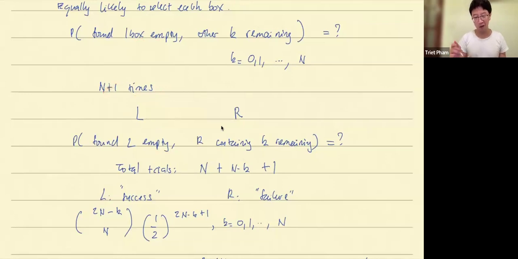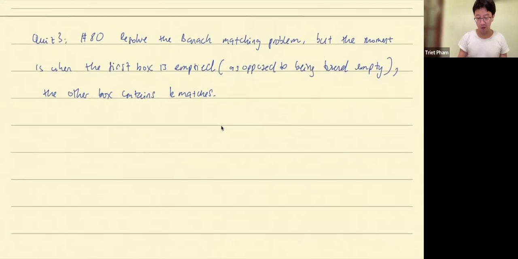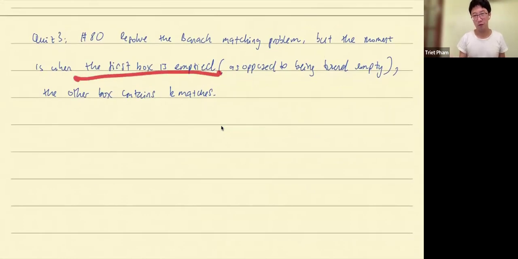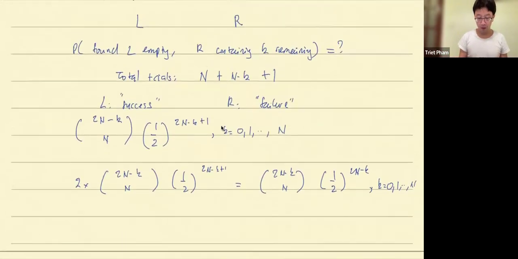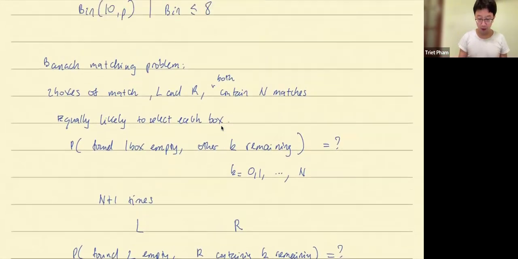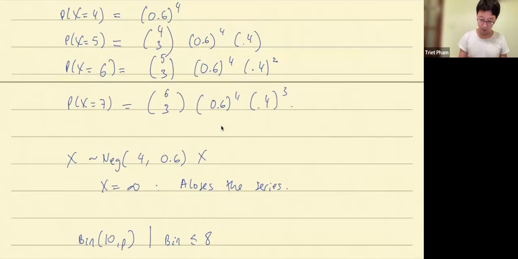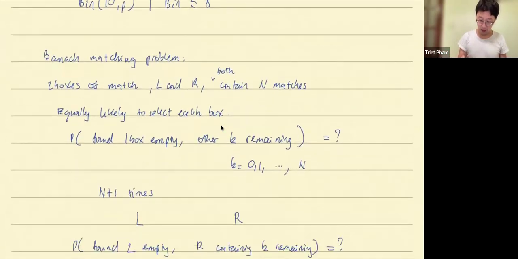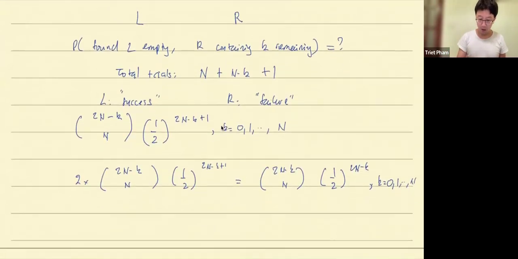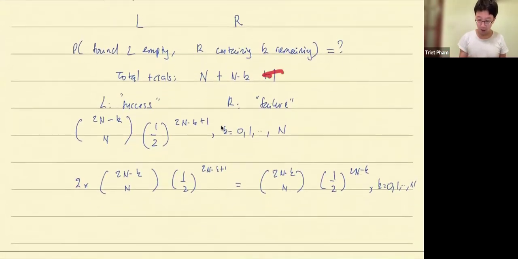So this question is what we would probably think of when we read the Banach problem the first time. The main difference is now we reached into this box n times only,